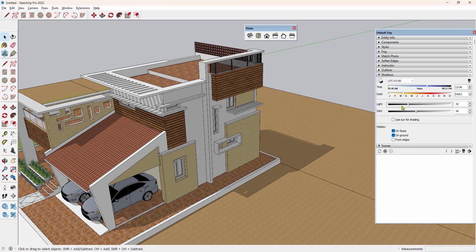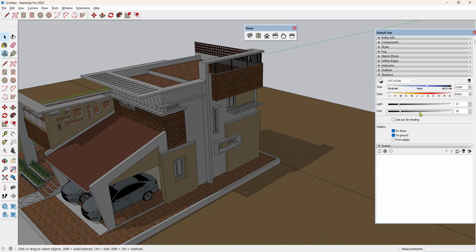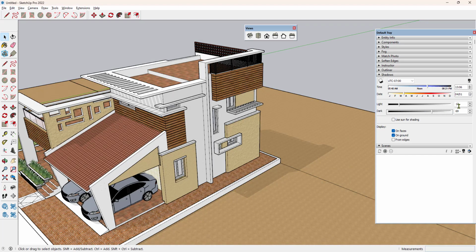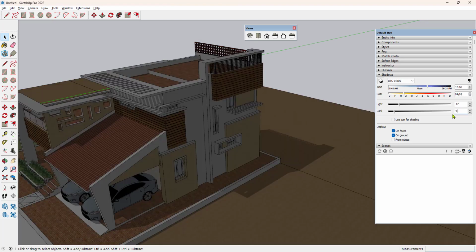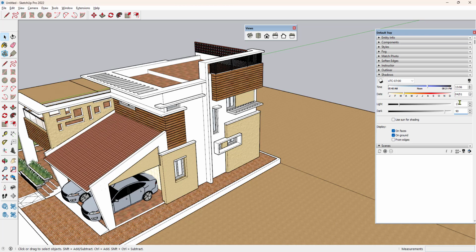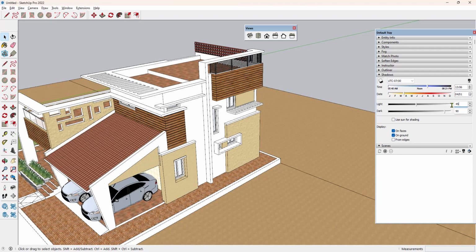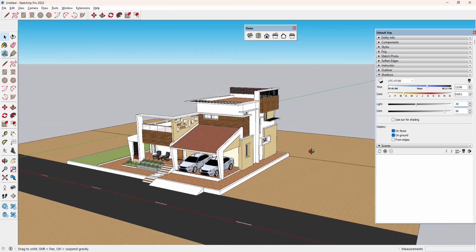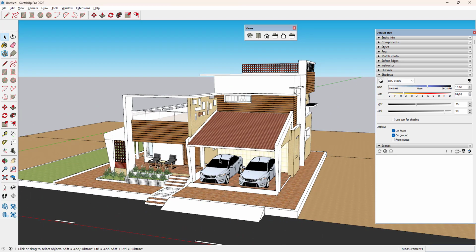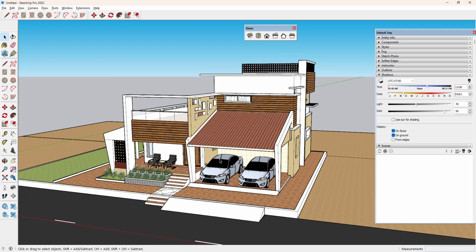Even you can make it a little darker and brighter. Normally we keep this at 90 and half of that is the lighter option. This way you can operate with the shadow option. But make sure while doing the model, the shadow option should be off. Otherwise, the model operation will become heavy.